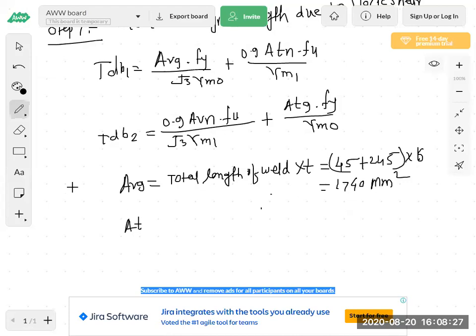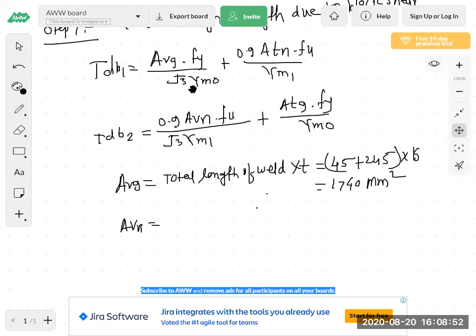Then next area, AVN. So I have told you AVG is the first area, the gross area in shear. Then the second area is AVN. Instead of G, only N. So net area in shear. Then gross area in tension and net area in tension. Likewise calculate, because here the alternate formulas are there. That is, AVG is here then AVN is there, the second formula has ATN. So without confusion, while calculating, AVG, AVN, ATG, ATN.